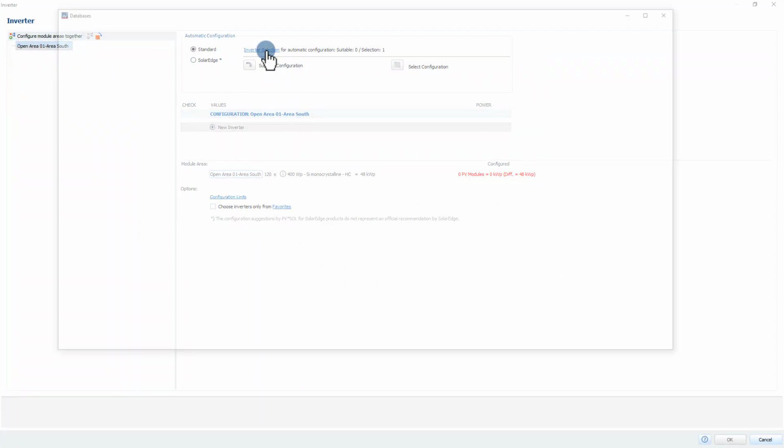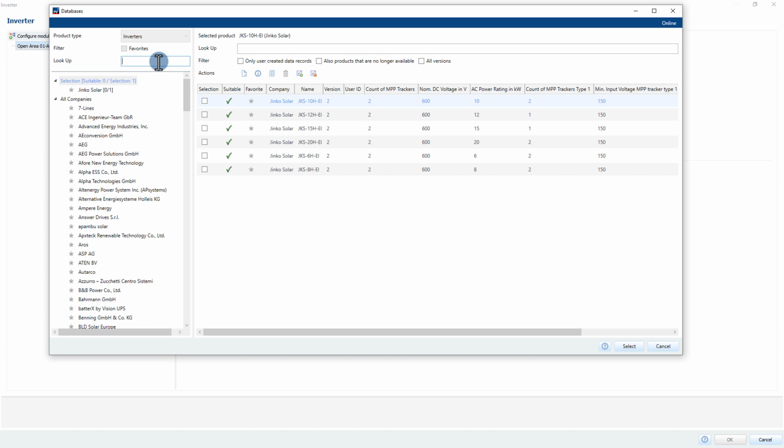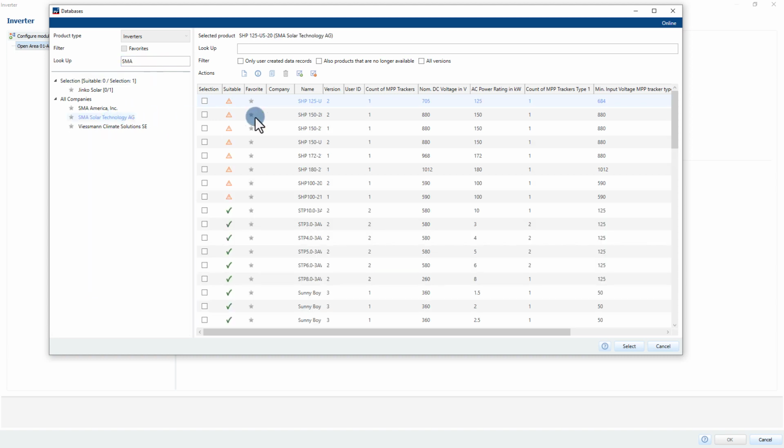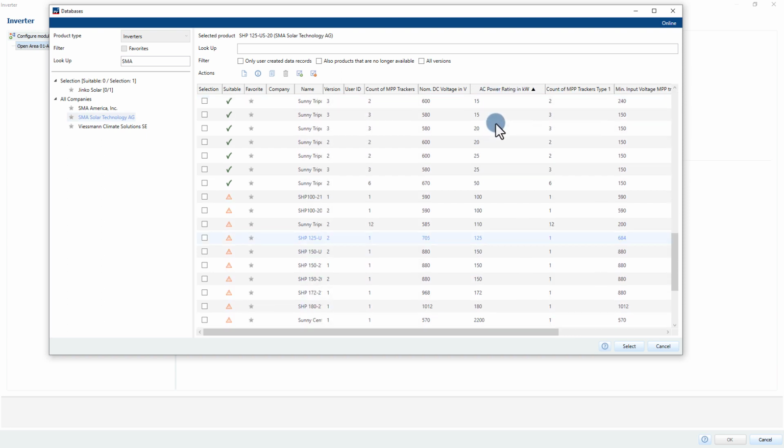In the inverter dialog, we first select the inverters we want to use for the automatic configuration from the database. Here you can filter for an inverter company and inverter power, for example.